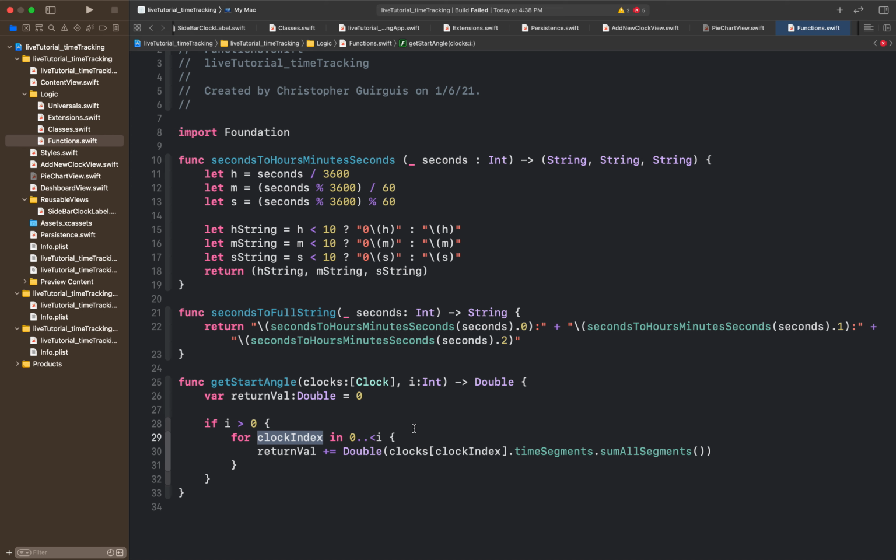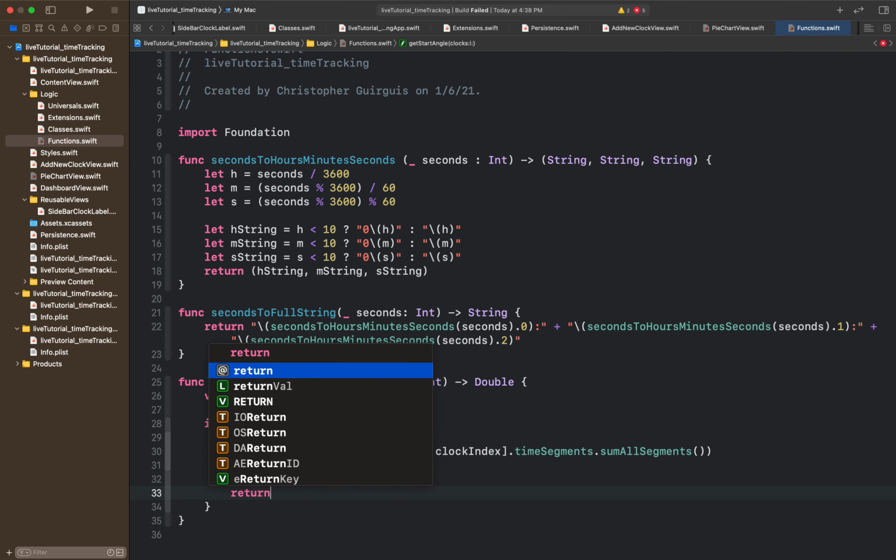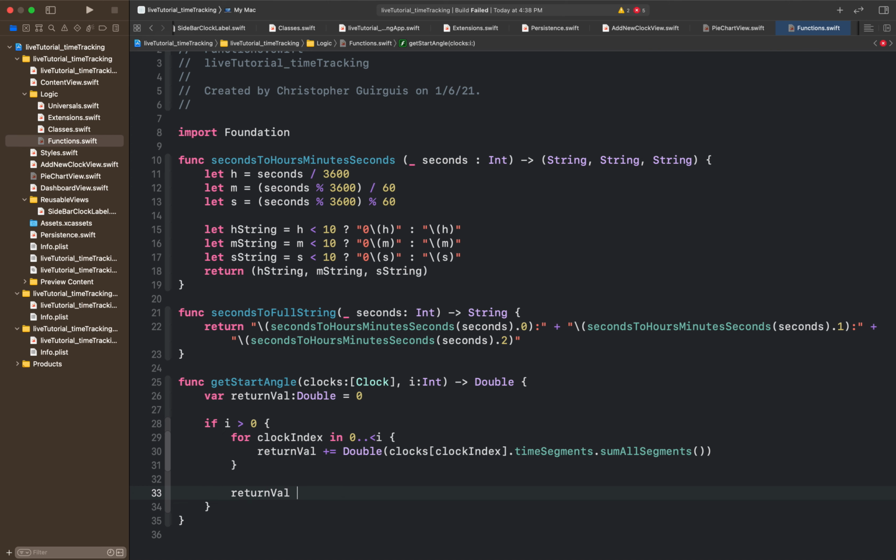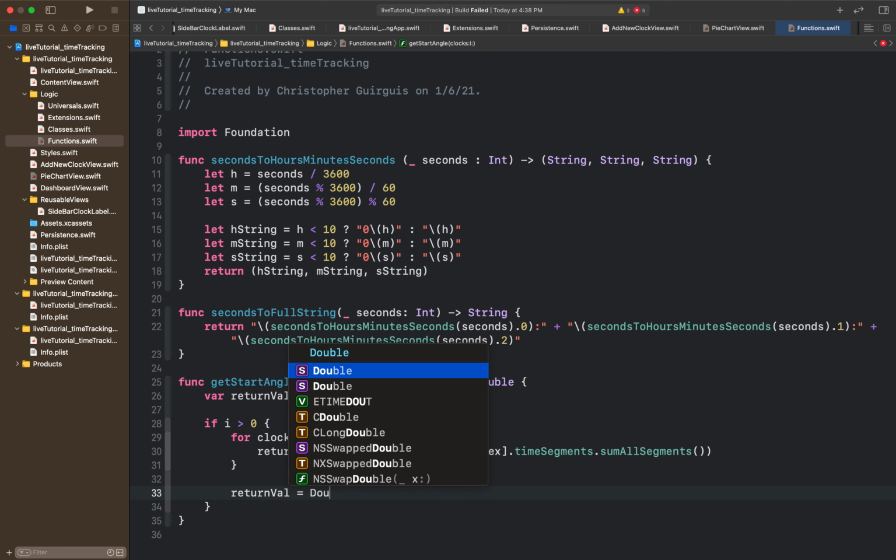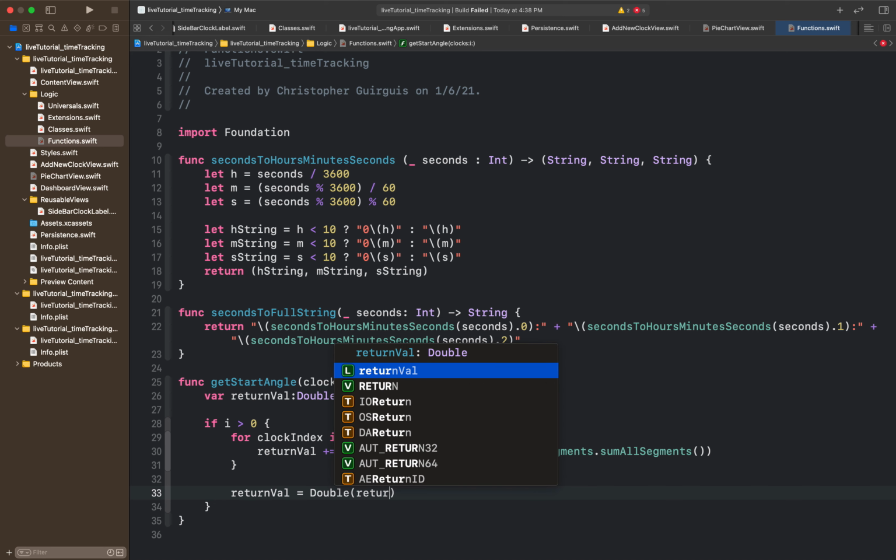less than 2, meaning wedge number 0 and wedge number 1. Then it'll try to figure out how big those wedges were, and it's adding those ratios onto a return val. Okay, and then we'll come down here and we'll say return val is going to be equal to double return val